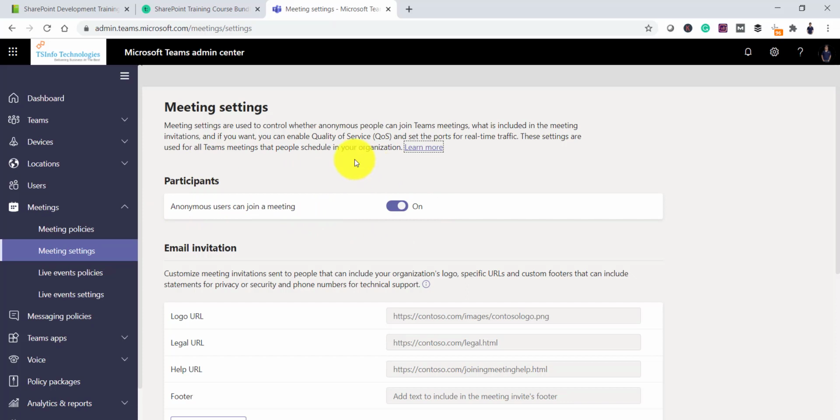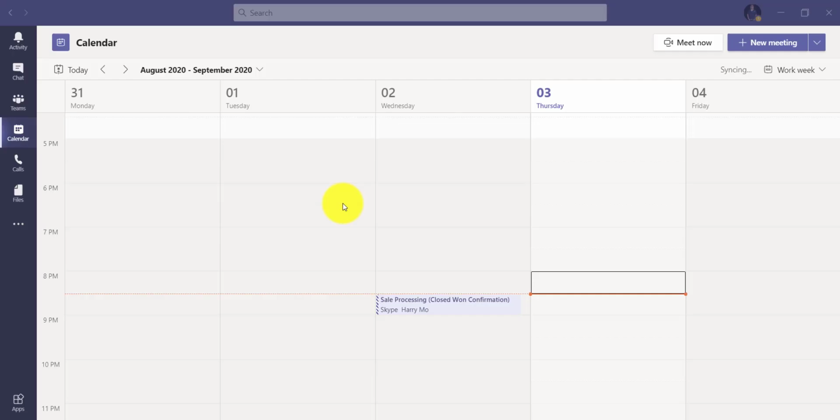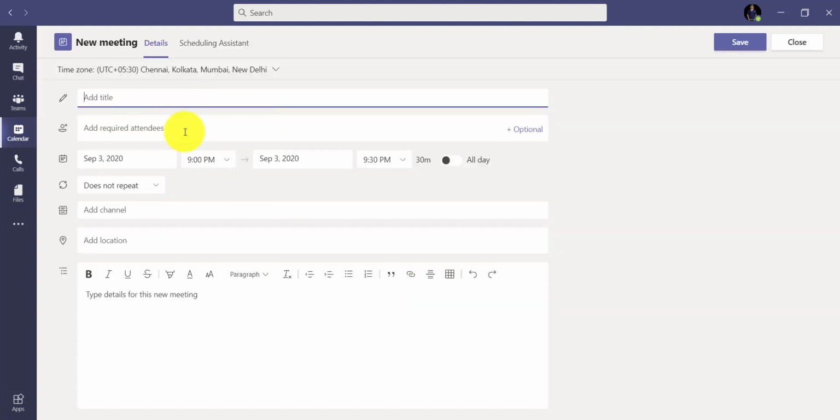And once you enable this, then you can create a meeting from the browser itself, or if you have installed the app, then you can also do that. For example, I have the Microsoft Teams desktop app installed here, and when you open it, you will see the option here on the left side, calendar. So when you see the calendar, then anytime you can click anywhere and it will create a meeting for you. I mean, this will show the option where you can put the details.